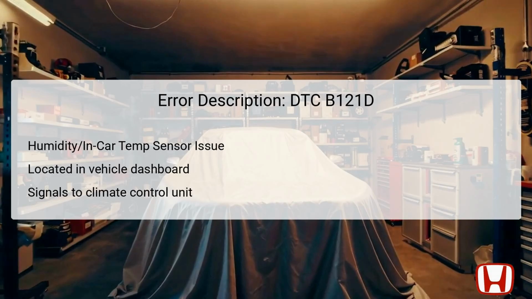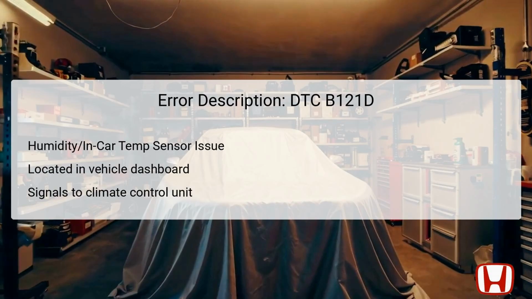It continuously gathers data on humidity and temperature levels, transmitting information to the climate control unit to maintain a comfortable atmosphere within the cabin. If this sensor fails to communicate effectively with the climate control unit, the DTC is triggered. This fault can result in erratic climate control performance, underscoring the importance of accurate communication for optimal climate settings and